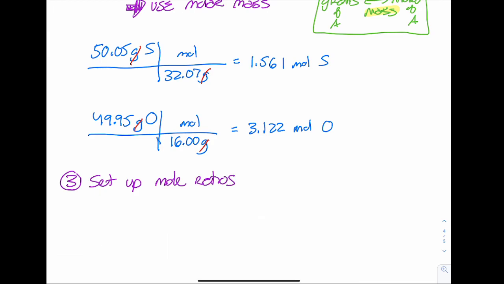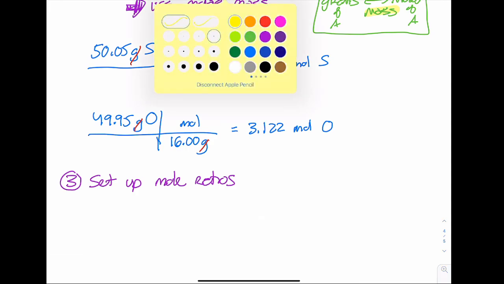And we're going to do that by taking the smaller number and dividing it into the larger number. We can do another example after this one where we have 3 different atoms, and there you're going to pick the smaller of the 3 and divide it into the other 2. So I always pick the smallest one and then divide it into everything else. So for this one,